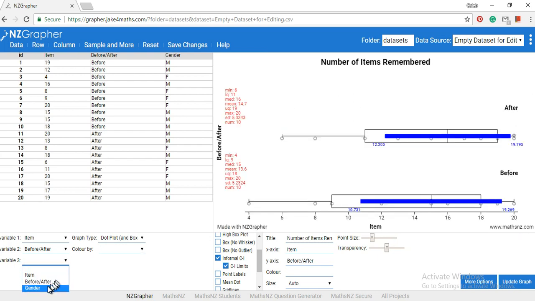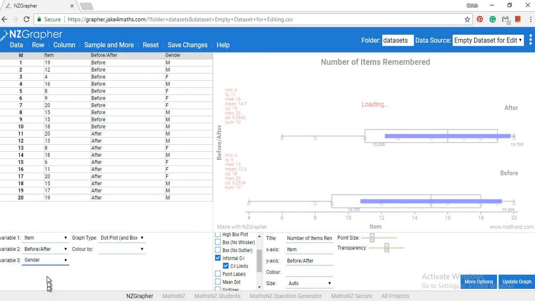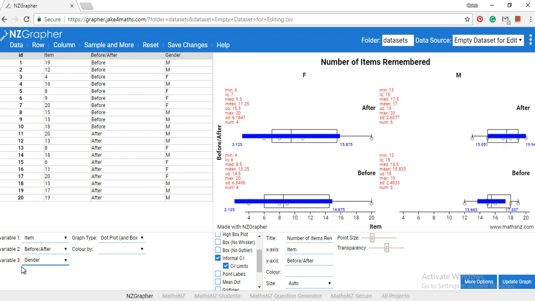Next one over here is, if we choose gender as variable 3, this will give us a set of really good 4 graphs here. So you bring up the 4 graphs, and then we can copy and paste that into our